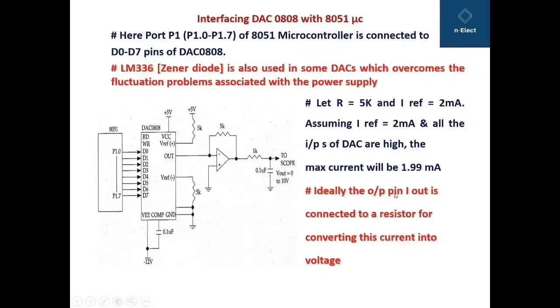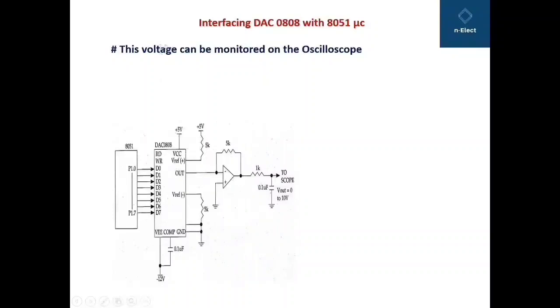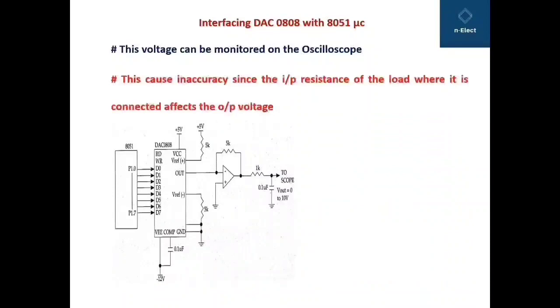Ideally, the output pin I out is connected to a resistor for converting this current into voltage. So the I out pin is connected to the resistor, and when the current flows through that resistor, it provides the output voltage across it. This voltage can be monitored on the oscilloscope, that is CRO. This causes inaccuracy since the input resistance of the load where it is connected affects the output voltage,